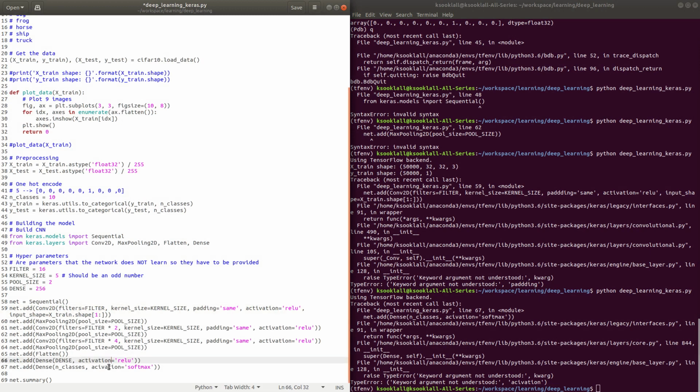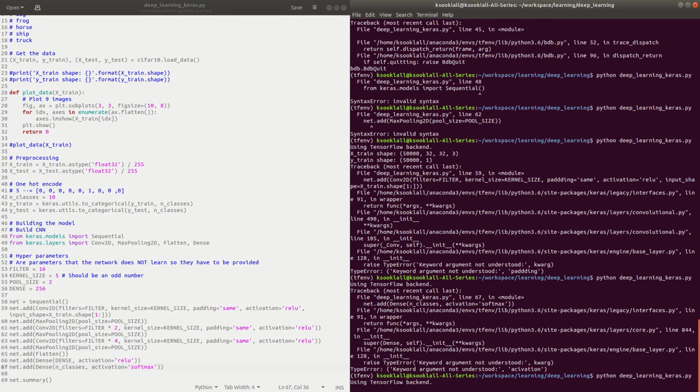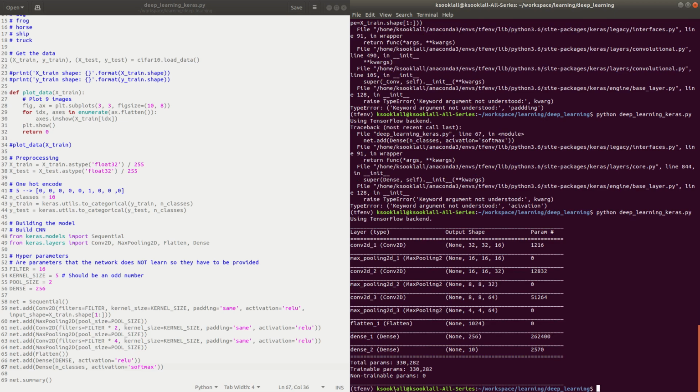Which one is it? Okay. Alright. So this is our model, right? Convolution, max pooling, convolution, max pooling, convolution, max pooling. Then we flatten and we have 2 dense layers. So we have about 1/3 of a million trainable